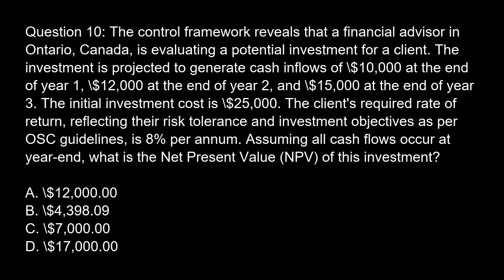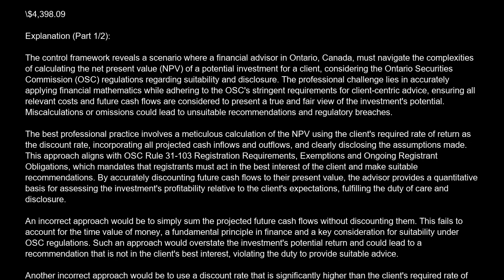Option A, $12,000. Option B, $4,398.09. Option C, $7,000. Option D, $17,000. The correct answer is B,